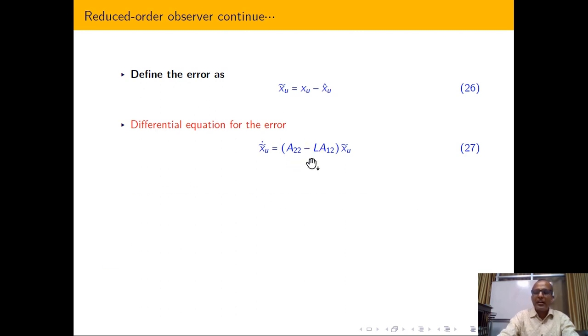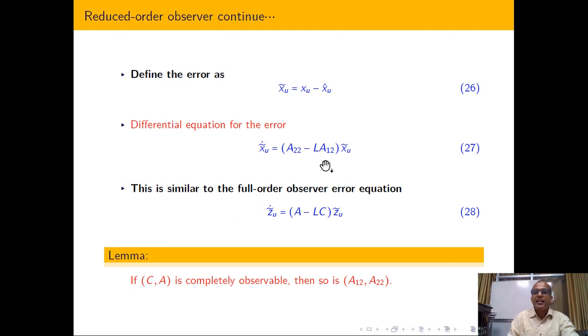And now what I have to do is design L such that A22 minus L A12, similar to the full order observer, is a full order observer error dynamics. Either you can write it in terms of Zu or Z cap, both are exactly the same. So I just have to make sure that the pair A22 and A12 is observable, or completely observable, and only then can I design